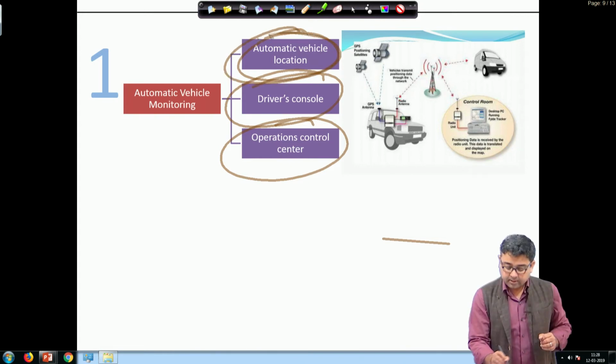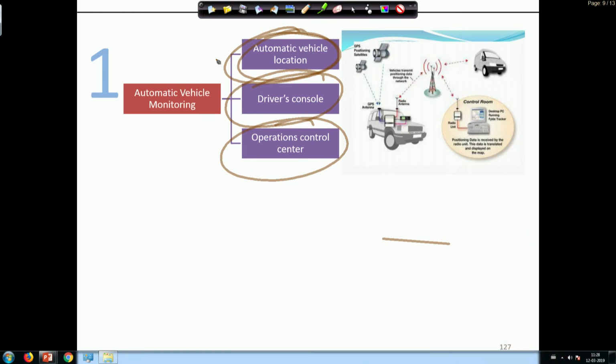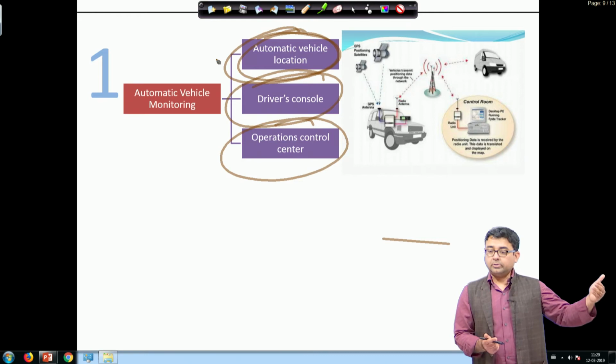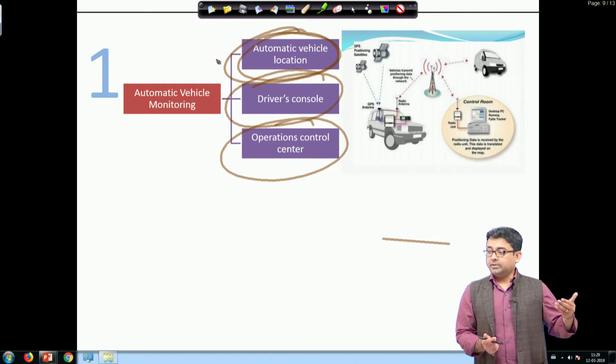Automatic vehicle location is one of the most prevalent uses of AVL in public transportation. One of the drawbacks that yesterday we were pointing out was that the bus never maintains schedule. So, these AVL devices are mounted on buses, which allows you to track where the buses are and whether they are running on schedule or not. If they are not, the driver is told that you have to make up 5 minutes, 2 minutes, 1 minute, and so on,